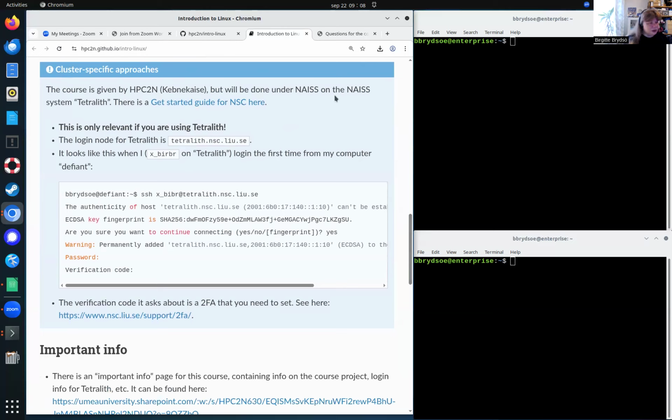So if you are using Tetralith, then this here is for that. You can read this. Otherwise, if you're using any other system, many things will be similar. I guess I can go ahead and log in here. So I'm going to use Tetralith as example, and maybe my own computer as well.